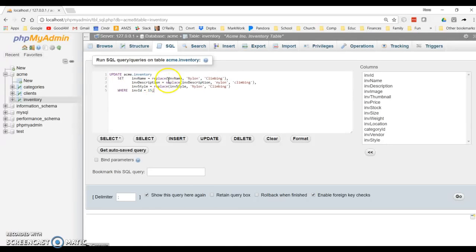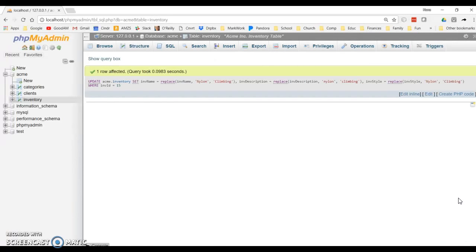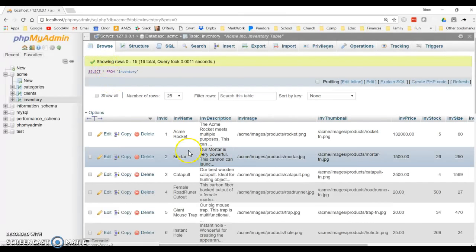I'm going to change nylon to climbing in the inventory name field, inventory description field, inventory style field, where the inventory ID is 15. So I'm going to run that,